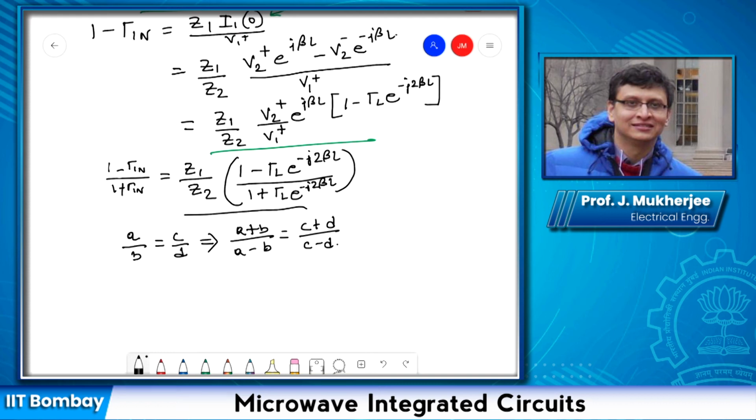So if I use the same expression for this equation, after some manipulation, I can show that the expression for gamma in will be equal to